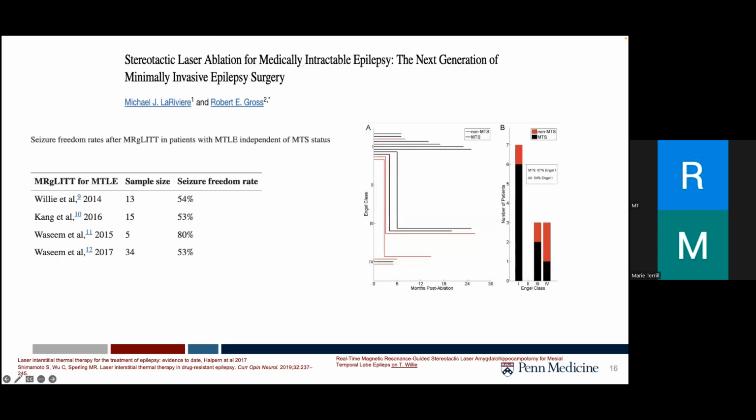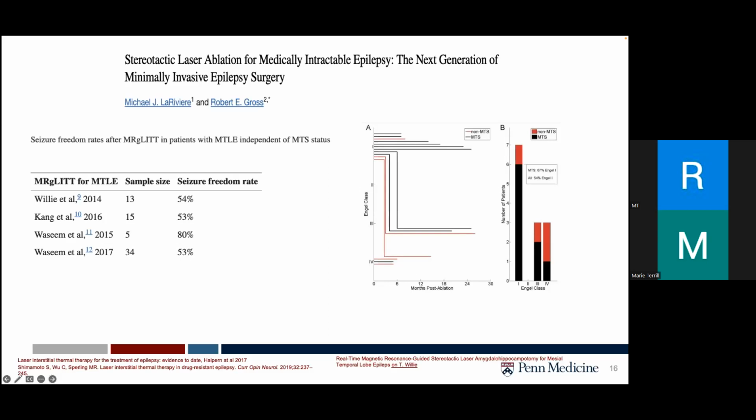The safety and efficacy of LIT for mesial temporal lobe epilepsies has been established and validated in several studies since the initial publication from Dr. Gross. Overall, there have been similar results across several earlier literatures and case series, with seizure freedom rate averaging around 60% at 1 year, slightly less than open ATL, and slightly higher in the lesional compared to the non-lesional patients.